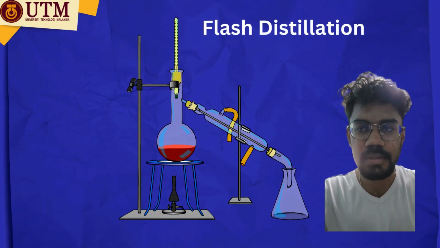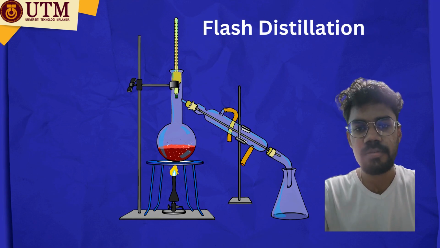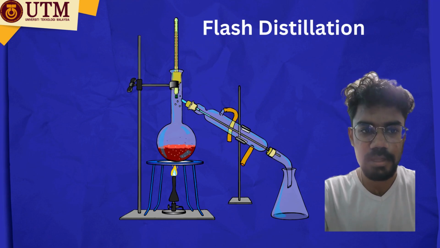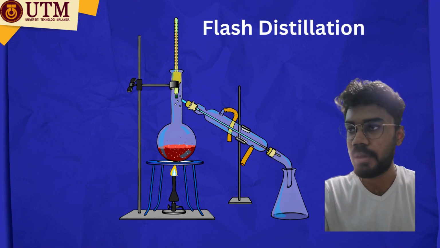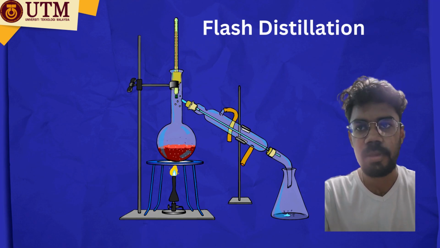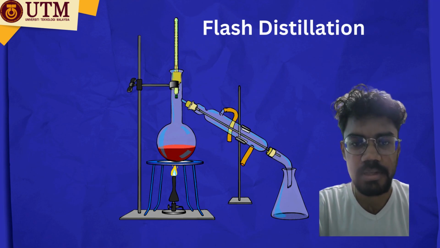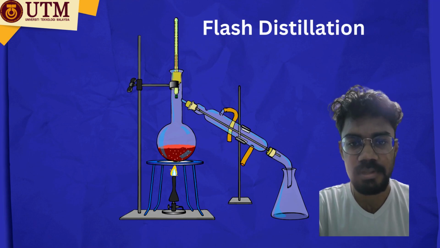There are several types of distillation column, so I'm going to talk about flash distillation. Flash distillation is a single stage process. Basically what happens is the liquid mixture will partially evaporate and the vapor and the liquid phases will separate. Flash distillation is a continuous operation with a steady state condition.